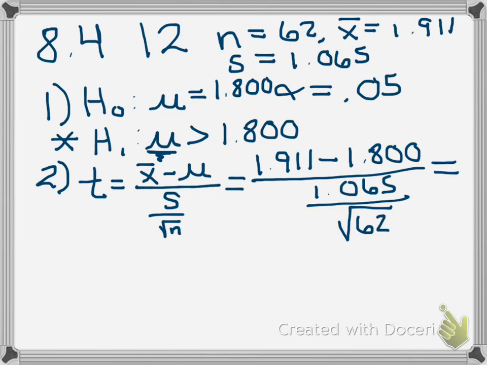Okay, so now what I'd like you to do is stop this recording and go ahead and find out what that value is. Again, be careful. This quotient in the denominator needs to be in parentheses as you put it in your calculator, so it gets divided into the numerator. Okay, so go ahead and calculate that and then come back, and you will hopefully get that t,